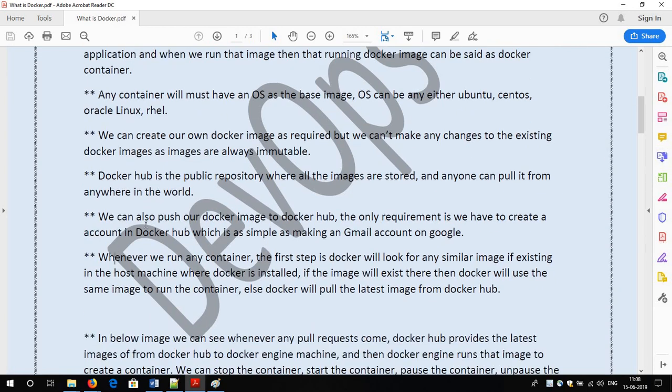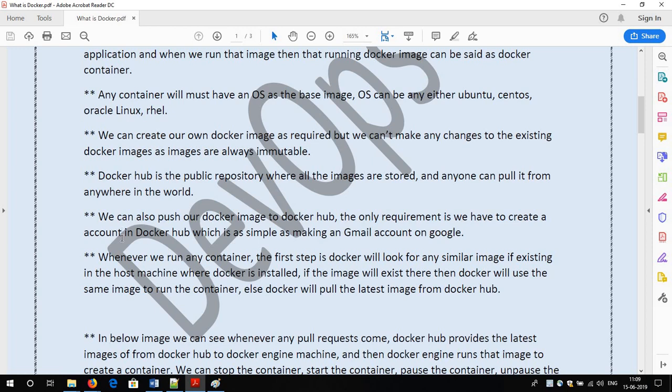Yeah. So we can also push our Docker images to the Docker Hub. Suppose I have created images as per my company requirement, and I want them stored somewhere. So I have the option to push my Docker images to the Docker Hub. But as every one of you knows, Docker Hub is a public repository. Anyone can pull the images which you upload in the Docker Hub. So suppose I don't want my office Docker images pushed into the Docker Hub, which is a public repository.